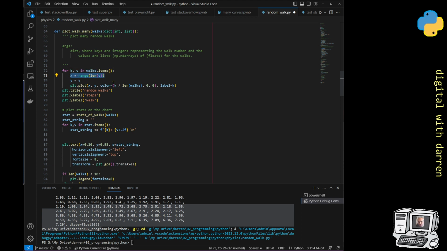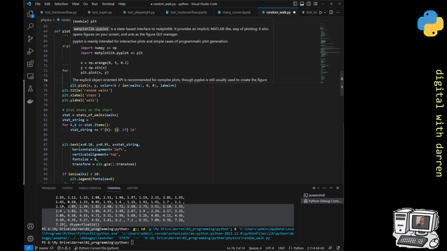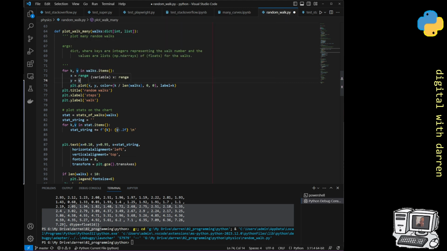Now, I'm just going to assume that for whatever reason, we might have wanted to vary our walk length sizes if we did want to. So it's inside the loop, but again, there would be an efficiency gain if we were to move it over here outside of the loop in some way. So we create our X values, we create our Y values, and we do exactly the same plot X and